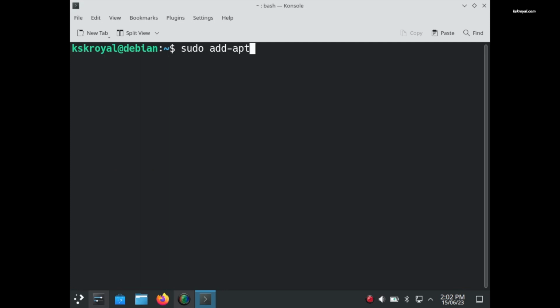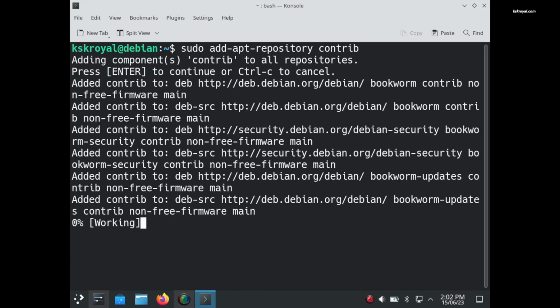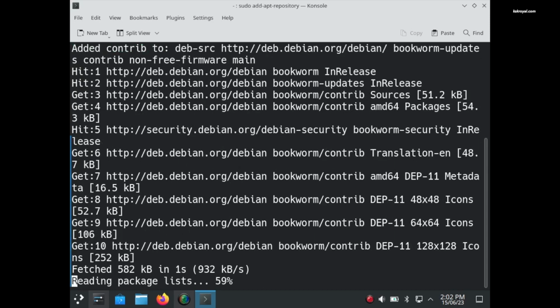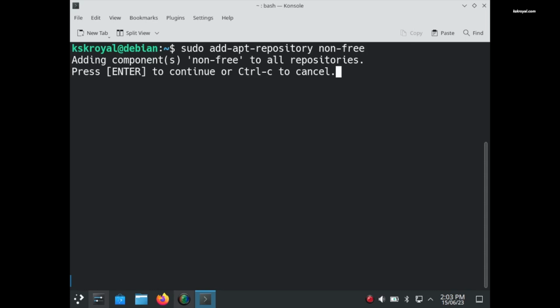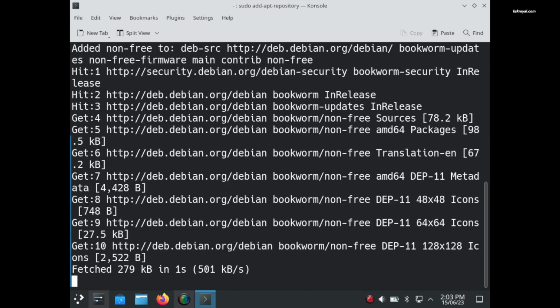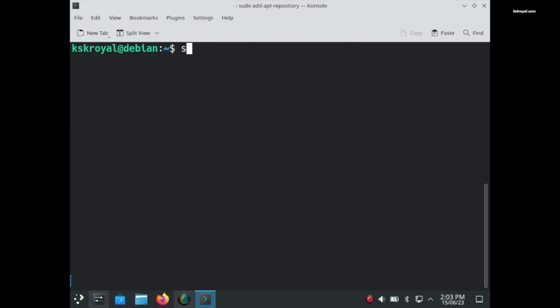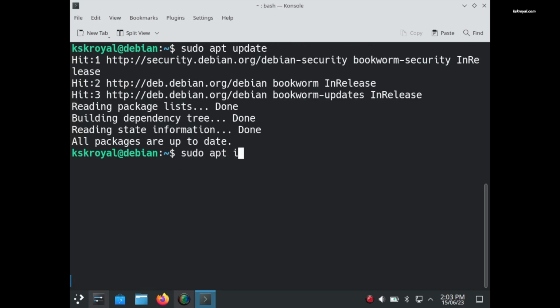Once it's done, add these two repositories called contrib and non-free to install the NVIDIA drivers. Now type this command and install NVIDIA graphic drivers automatically.